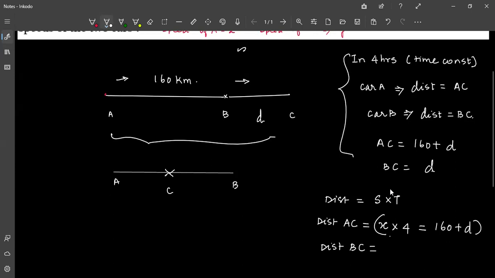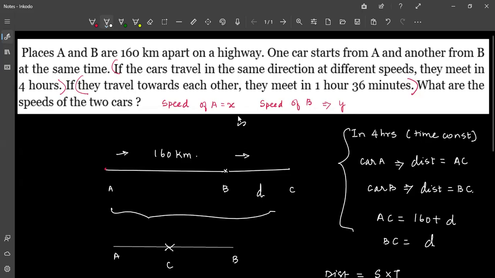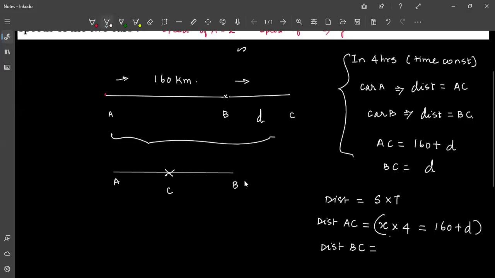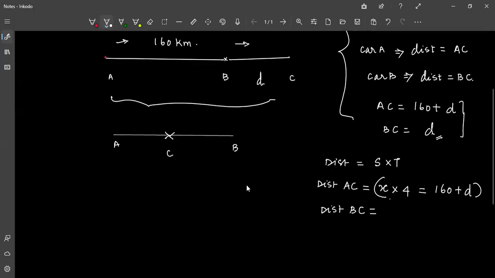So x into 4 is equal to 160 plus D. So the speed, I'm retaining it as x. The speed of car B is y. And then I've changed the initial BC distance to B, not x, but D. Okay. Here, the distance BC is equal to, as per this speed time formula, it has to be y times